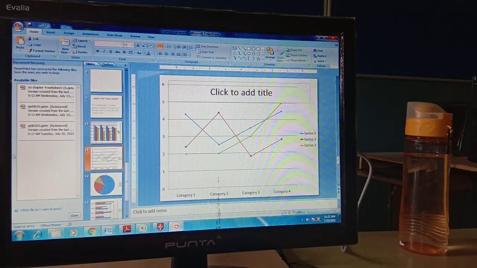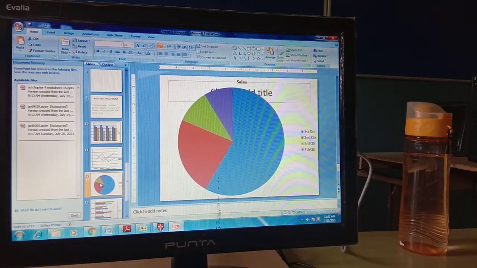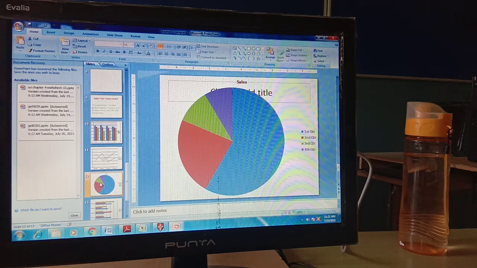And I hope you all are aware of the pie chart. Pie chart you have watched in your SST book, in your maths book, the percentage type of area chart. This is a percentage type of chart. Just like how many percent of different gases are available in air. So 20%, 21% oxygen, 72% nitrogen, like this. These type of data is represented with the help of a pie chart.